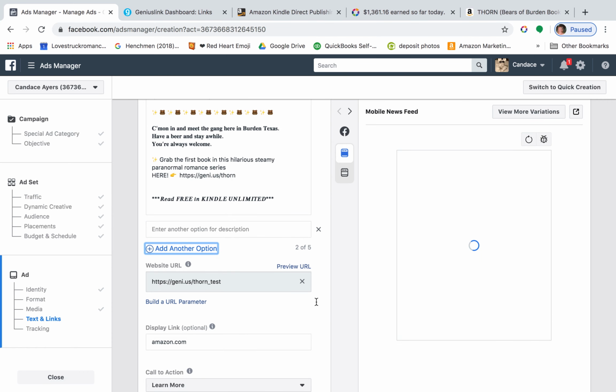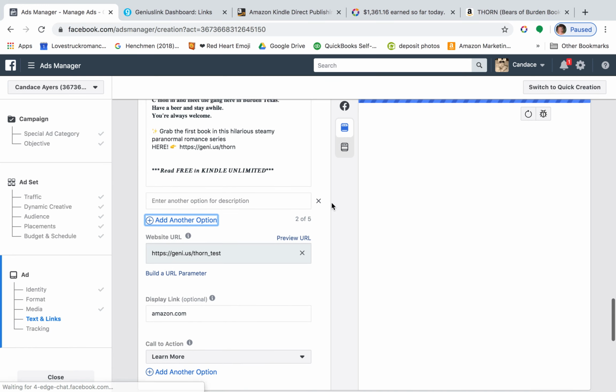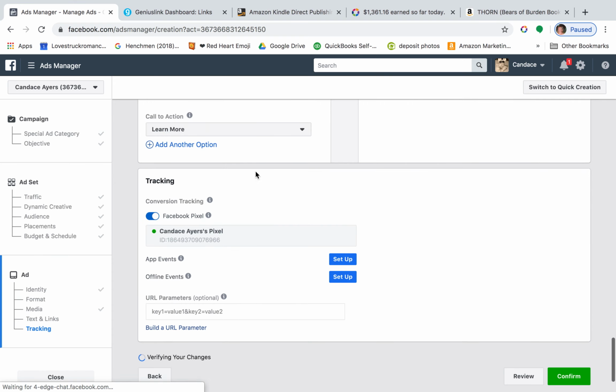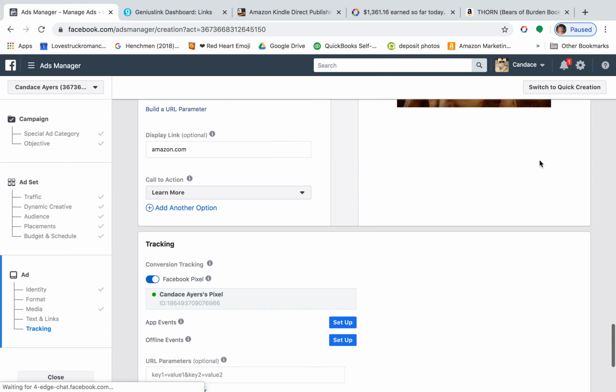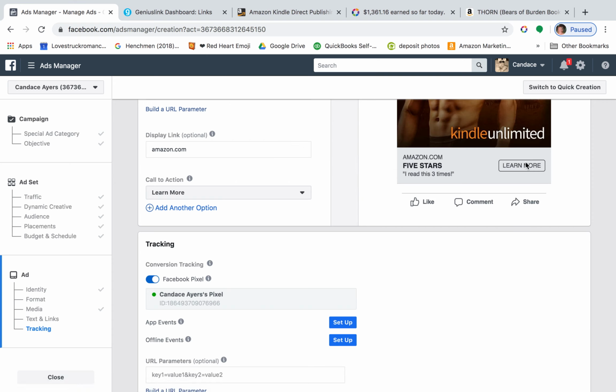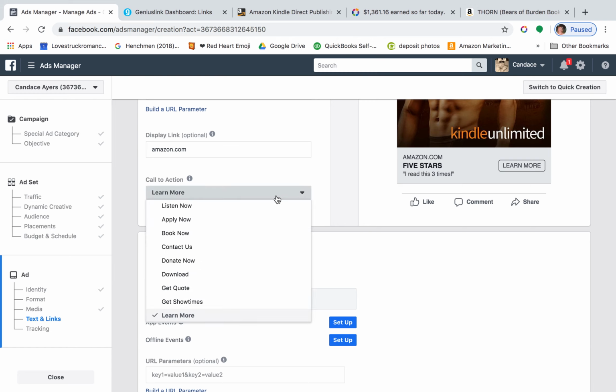Okay? I was going to mention about this free thing. Down here, this call to action is the little button that will show up here where right now it says learn more. I either use the learn more button or the shop now button generally. Some people use the download button, but I want to tell you something about that download button. Be very careful if you use that because